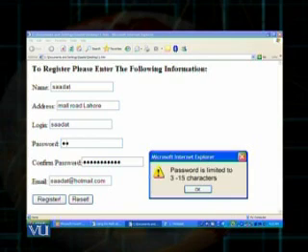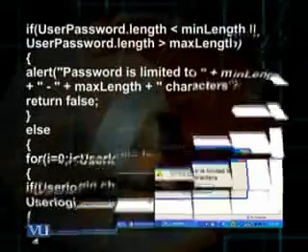So I violate the min length condition. I just type 2 characters. I write confirm password, some values, then I also write the email. But because I had violated the condition in the text box password, that would result in this alert box. Password is limited to 3 to 15 characters.